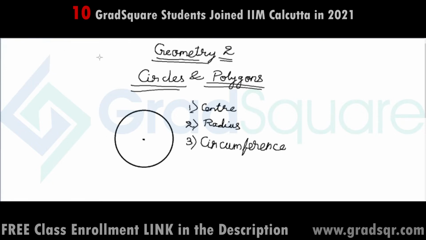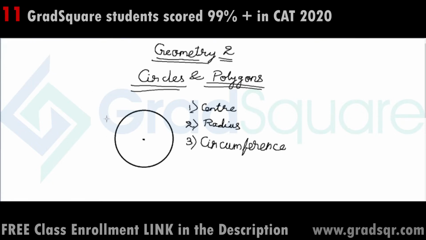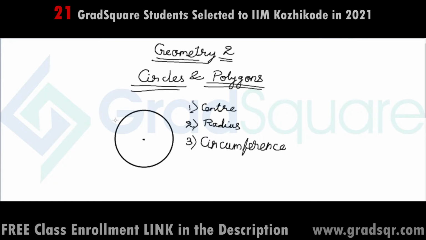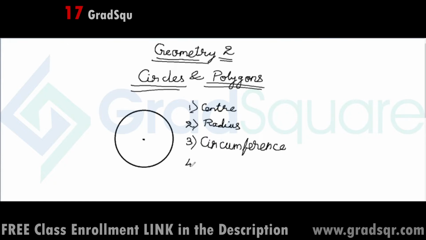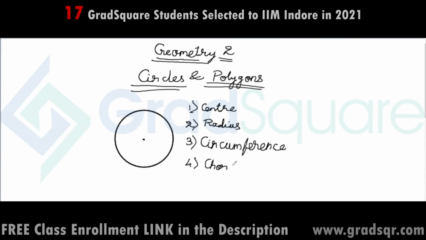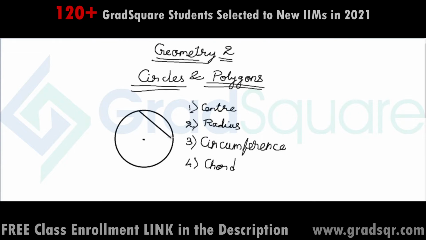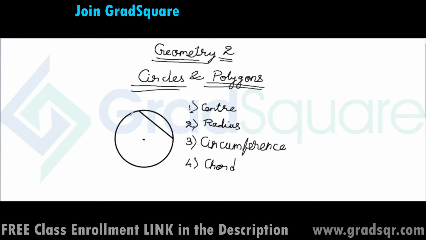Apart from these, there are several other constructions of significance and several other terms that are associated with circles. So let's go through each one of them and understand what each one of them is. Next, let's understand what is the chord of a circle. A chord is basically a line segment. It's not a straight line. A chord is a line segment, a section of a straight line, formed by joining any 2 points on the circumference of a circle. So in this figure, AB is a chord.